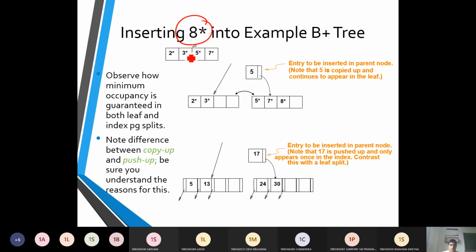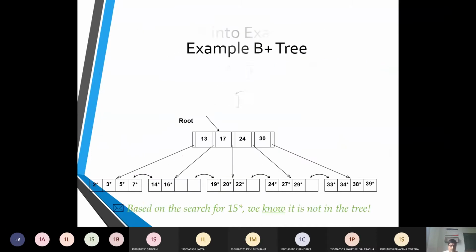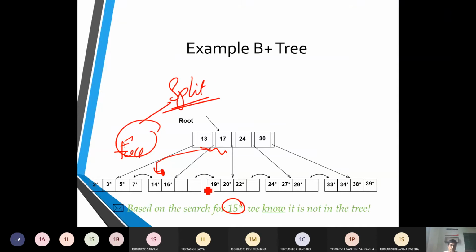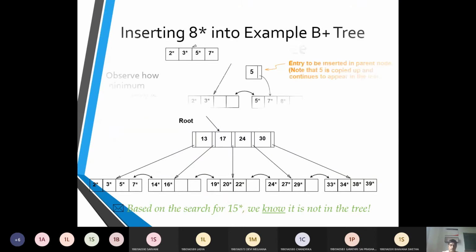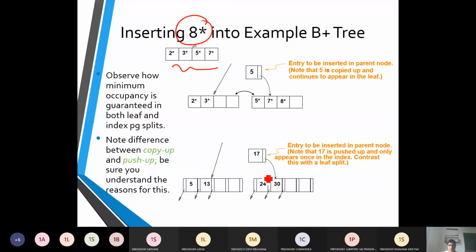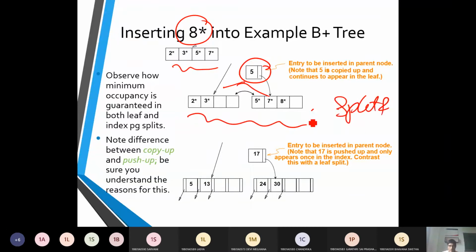So how we are going to do it: we have this 2, 3, 5 and 7. 2, 3, 5, 7, they are going to be at the leaf node positions, but the node is going to be full. As the node is going to be full, the first and foremost thing, we need to split it. How are we going to split? We will split in such a way that we will make 5 a parent and we redistribute it. So we will split and redistribute it, and we will convert the 5 to the middle node.